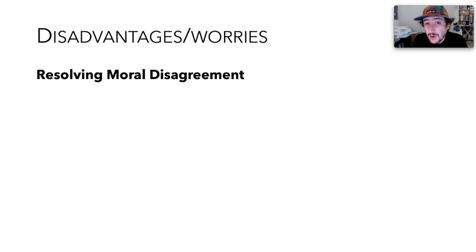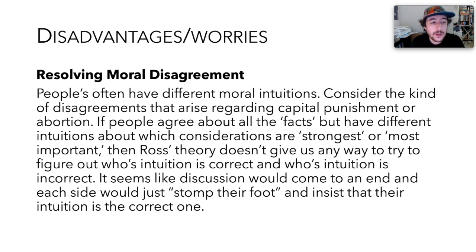And related to this, Ross also thereby has difficulty giving us guidance about how to try to resolve disagreement between different people. So, look, people often have different moral intuitions. Consider the kind of disagreements that arise regarding capital punishment or abortion. Oftentimes, people might agree about all the facts on the ground, about how much capital punishment costs, about how well it deters crime, etc. But people might still have different intuitions about maybe which of these moral considerations are most